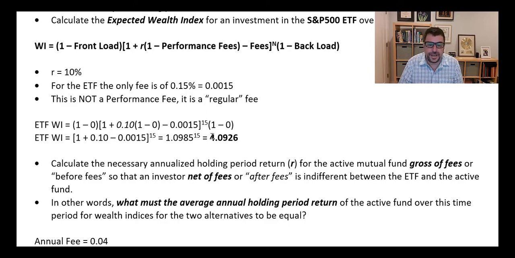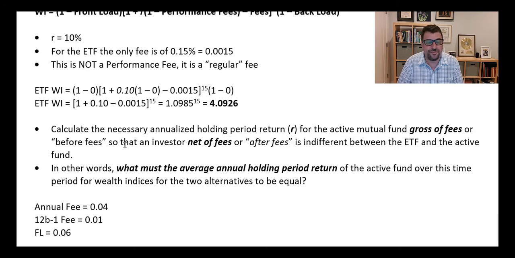And then there's no back end load, and so $1 earning 10% but charged the 15 basis point fee will be worth 1.0985 per year over 15 years. It'll be worth $4.0926. The next thing is to calculate the necessary annualized holding period return, R, gross of fees or before fees,